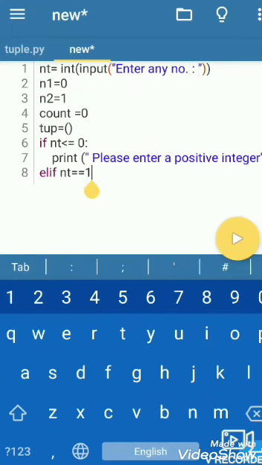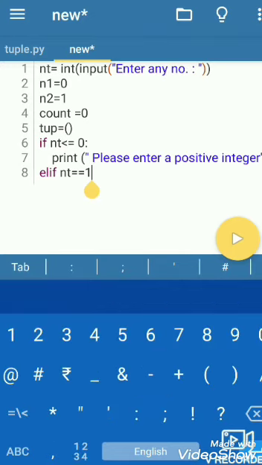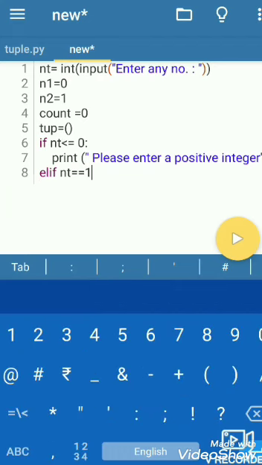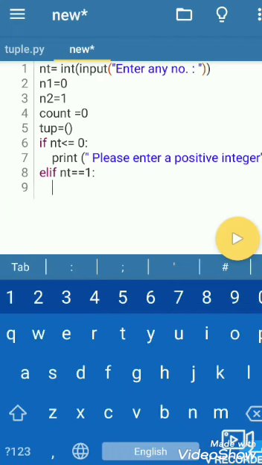Then if nt is equal to 1, at that condition it prints the Fibonacci sequence up to nt.